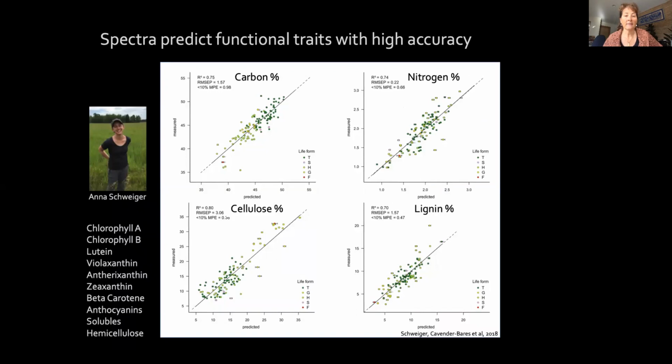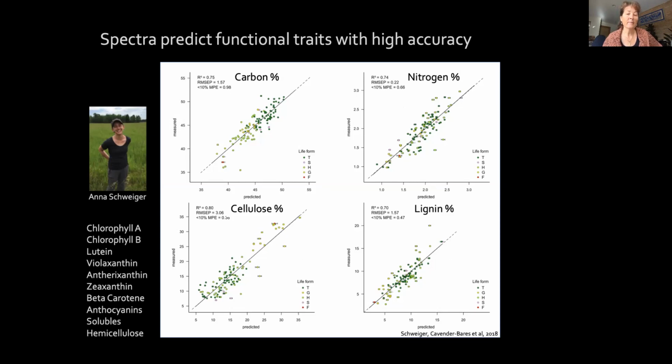Now I've mentioned but haven't really explained that spectra predict functional traits with high accuracy, and we already know standard methods for measuring pigments is using spectroscopy, often in aqueous medium, but you can also do it with reflectance on dried tissue or fresh tissue. And here we're using full spectra